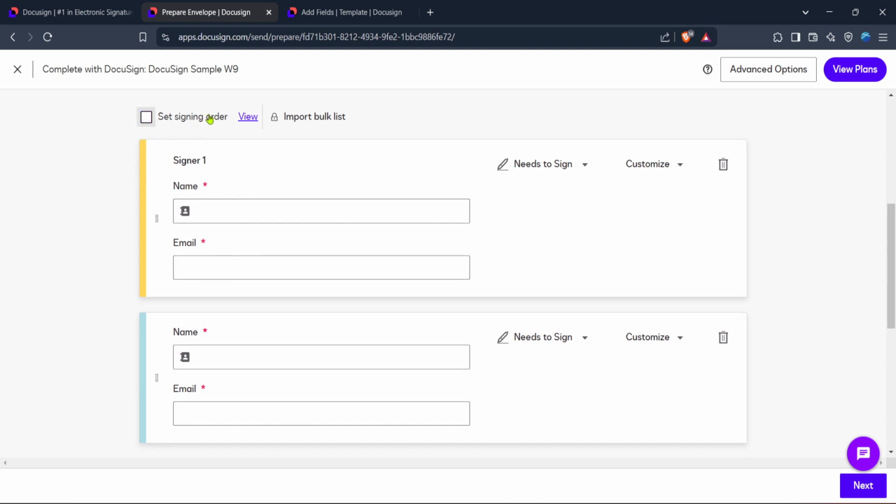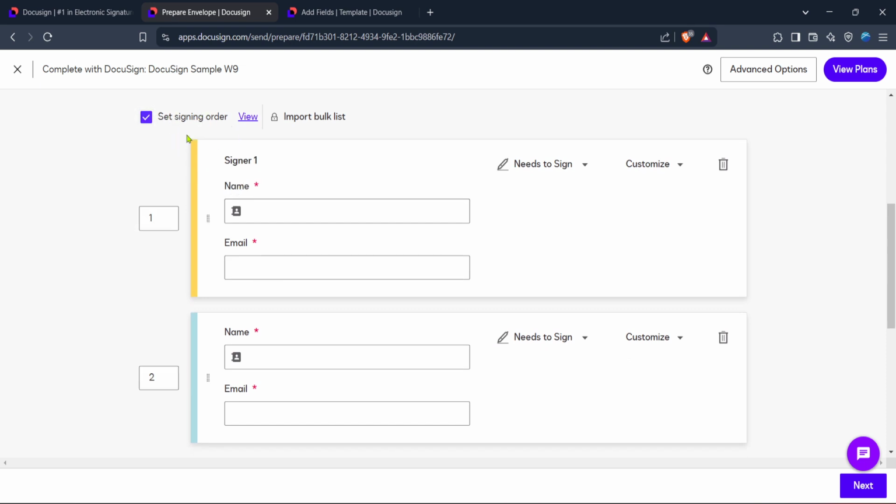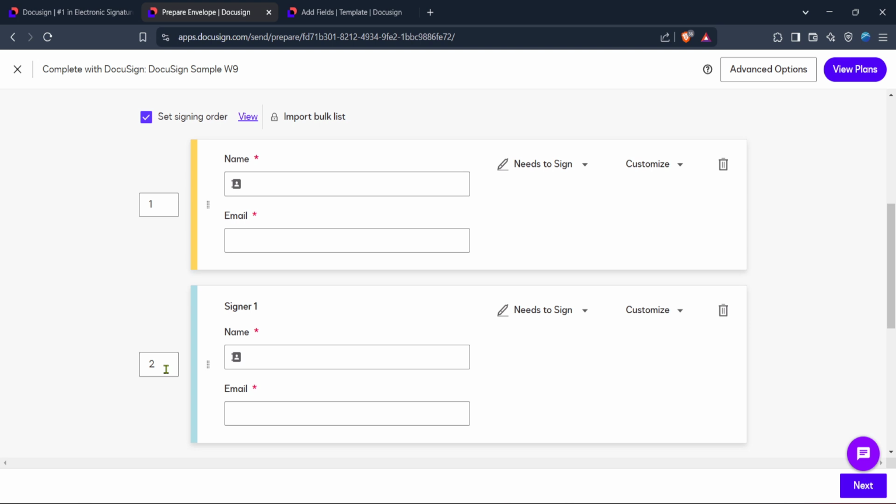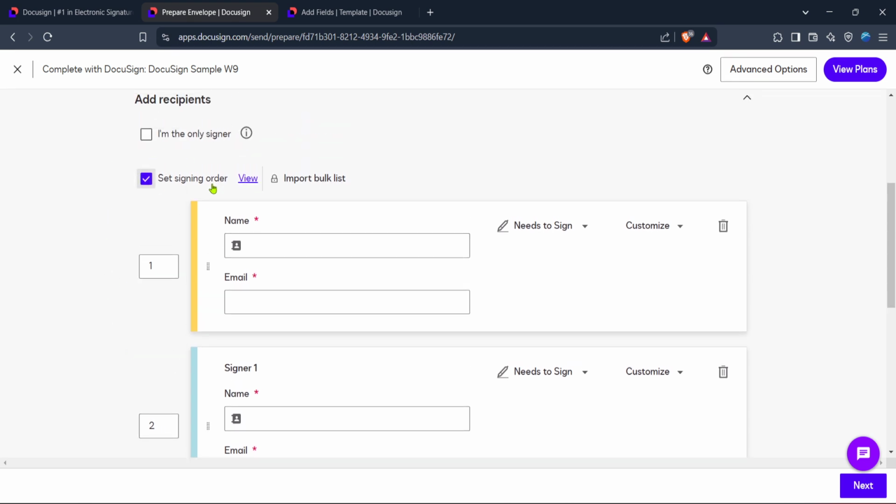You can drag and drop the signers to reorder them to fit your preferred sequence. It's important to think about who needs to sign first and who can wait until later. Ensure that you've accurately placed each individual according to the needs of your agreement. Once you're satisfied with the order, you can finalize it. By following these steps, you've now successfully set the signing order for your document.